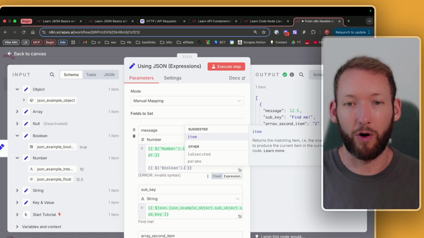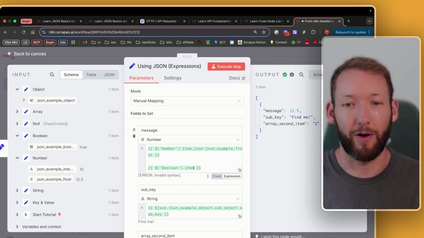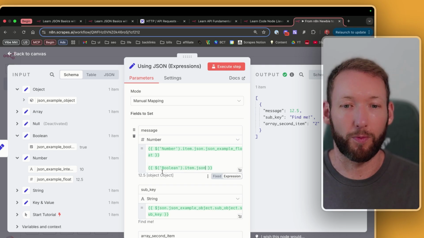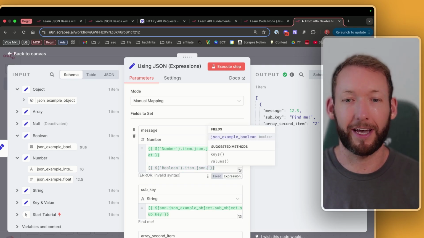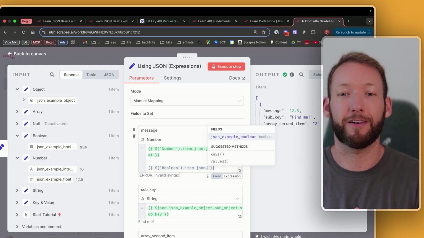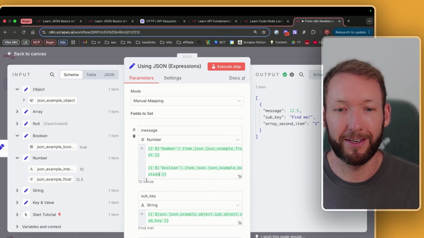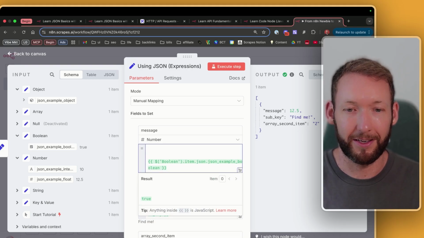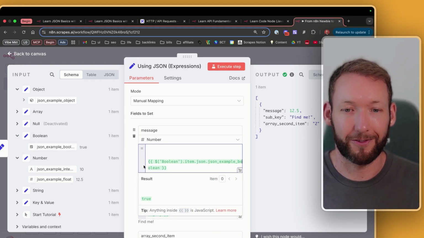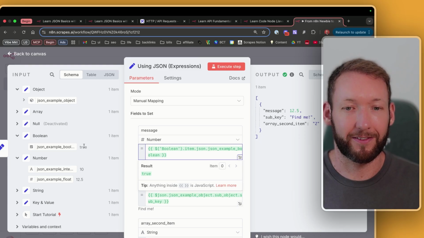And then if we hit dot, it will suggest our path. So .item, .json, and now we've accessed the object, which is this Boolean node's object. If we hit dot again, we're effectively going into that object and pulling this example. So JSON example Boolean, and you'll see that appears as true. If we get rid of the number there, you'll see this appears as true there, and that's the exact value